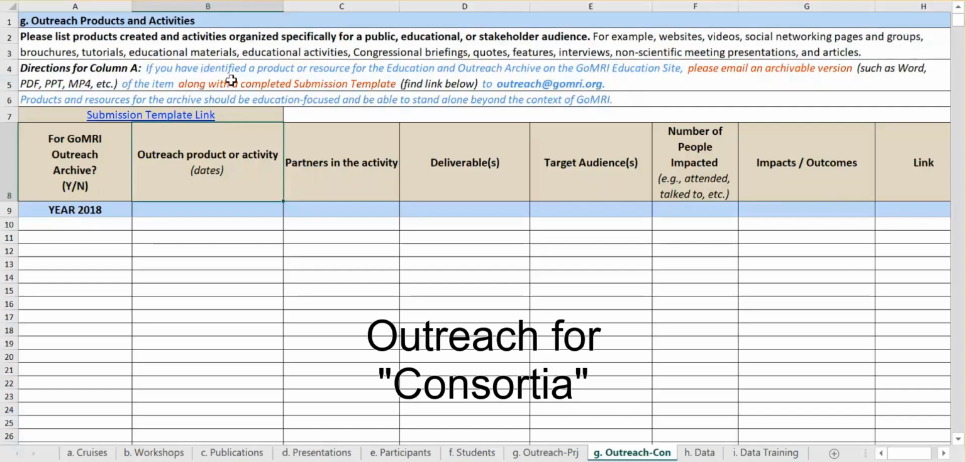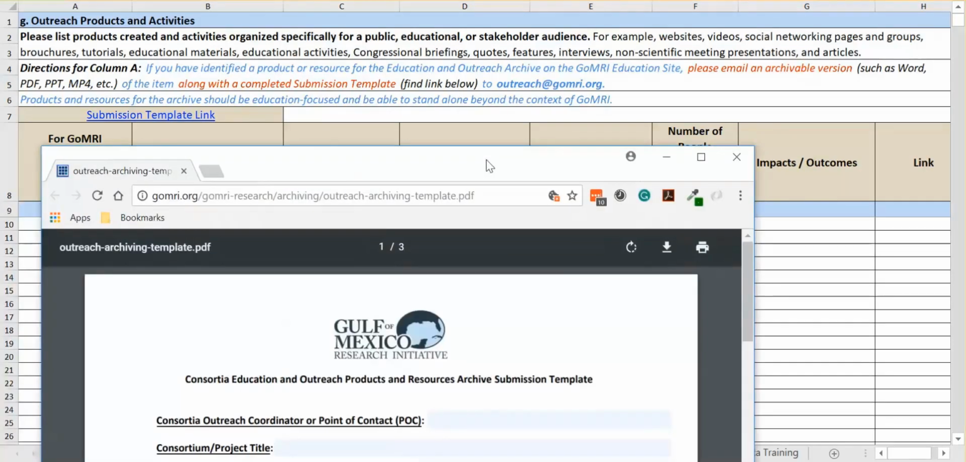However, if you have identified a product or resource for the Education and Outreach Archive on the GoMRI Education website, we would like you to please email an archivable version of the product or activity, such as a Word document, PDF, PowerPoint, MP4 video, of the item along with a completed submission template, and send both of those to outreach@gomri.org. Please click the link right here, which will take you to the website that has a copy of the